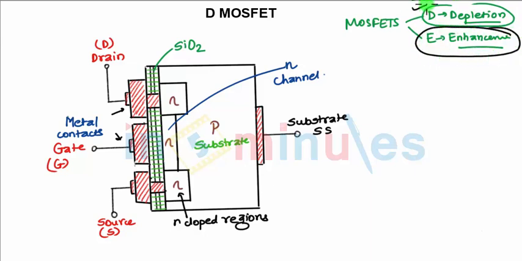First, to start with, we'll go for the depletion type MOSFET. It has a slab of p-type substrate formed from silicon. So this is made up of silicon and it is referred to as substrate, and it is the foundation upon which we have the device which we want to construct. In some cases the substrate is internally connected to the source.